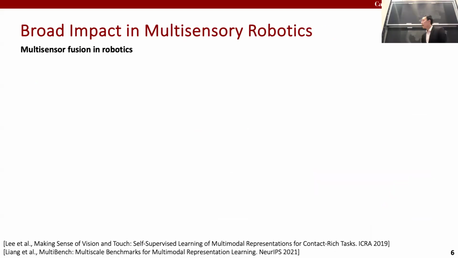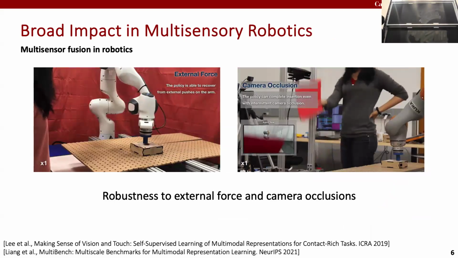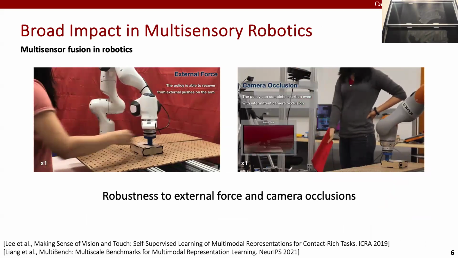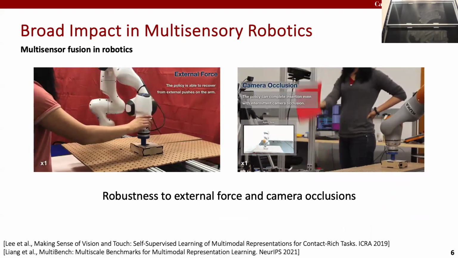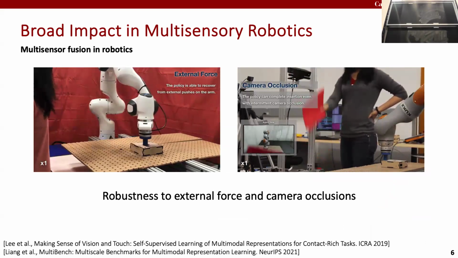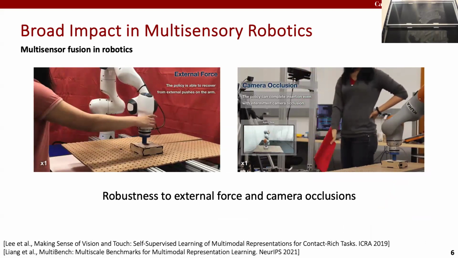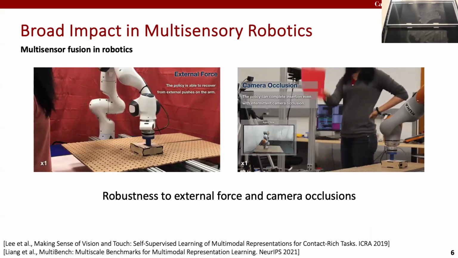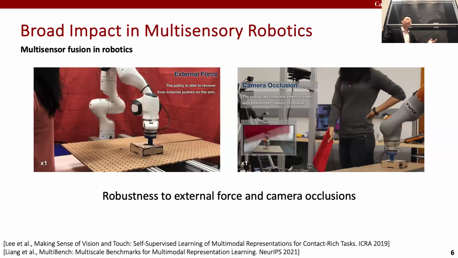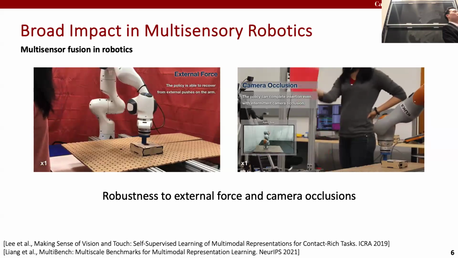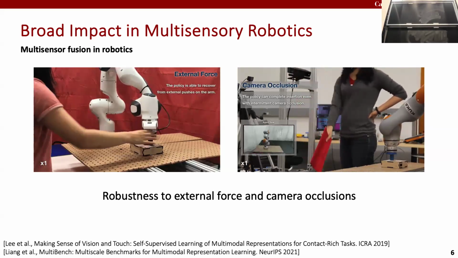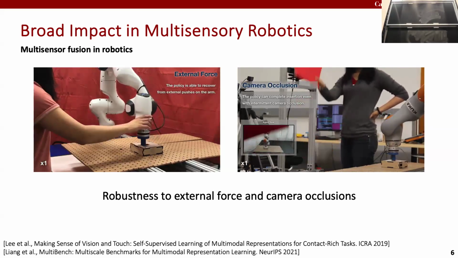And finally, I can't talk about multisensory without discussing robotics. We've been working with quite a few roboticists to build systems that are robust to imperfections in either modality. These robot arms have force sensors on them, and you can push these robot arms to simulate an earthquake, and the robot will rely on vision to solve the task. Likewise, they have a camera sensor, and if you start occluding some of these cameras with a folder to simulate rain or fog, the robot can rely on force to solve the task. So in this setting, different sensory modalities on these robots make the robot more robust to imperfections in either modality.